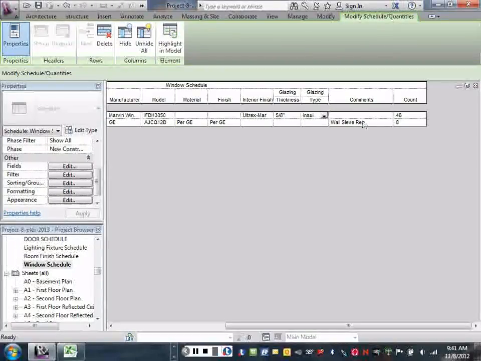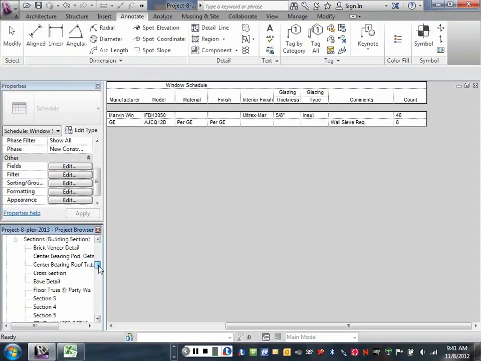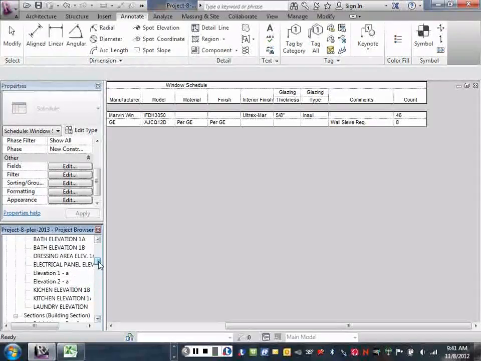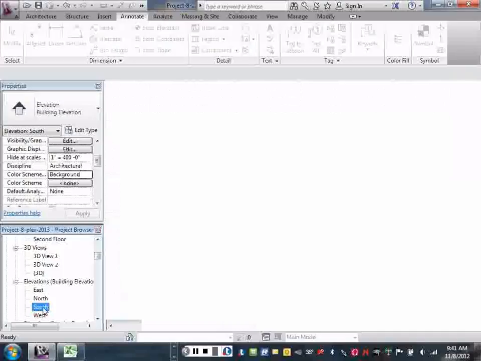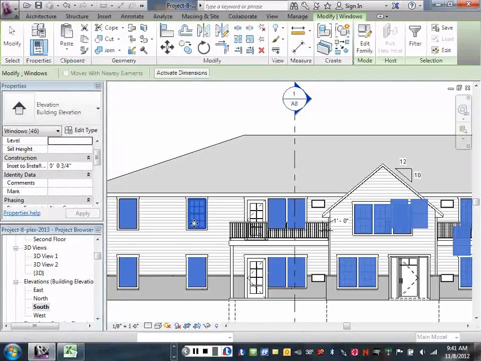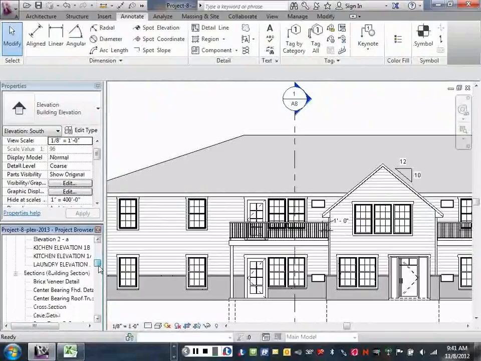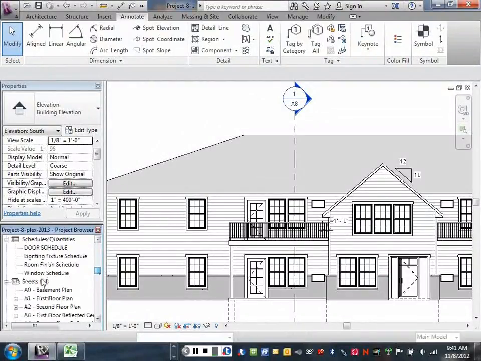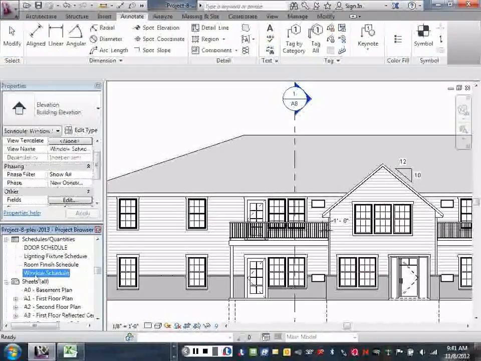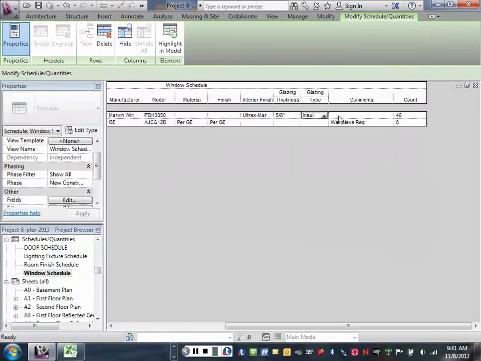Okay, let's see. I'm going to go back and look at my elevations a second. I can't remember. Did I put grills in the windows or not? So if I go back and look at my elevations, yes, I have grids in my windows. So if I go back to my schedule, I should have known that, right? And I want under comments, I want to put